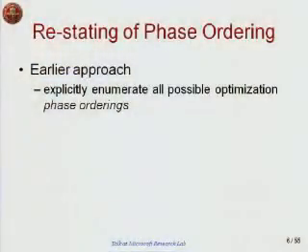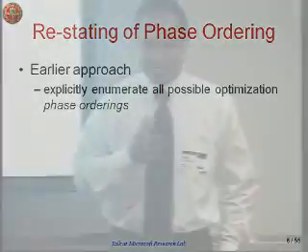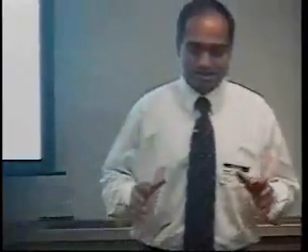Now obviously I gave you those large numbers, and it's certainly not possible to exhaustively enumerate and evaluate all possible orderings, all possible 10 raised to 51 different orderings of optimization phases. But one of the important results from some of my earlier experiments was that there is a lot of redundancy in the space, in the sense that in many cases, many different orderings of phases eventually produce the same code.